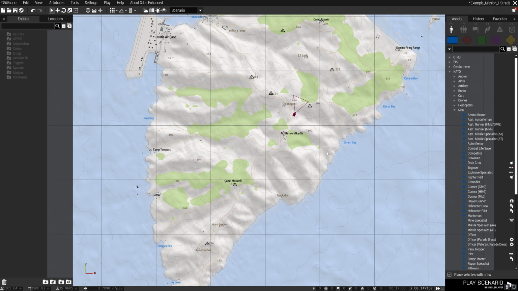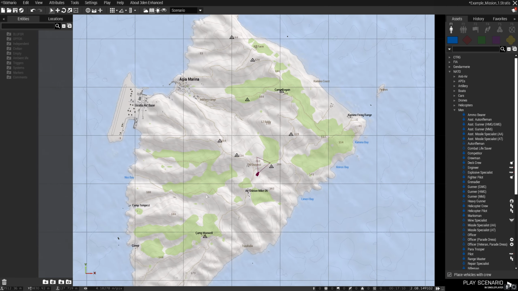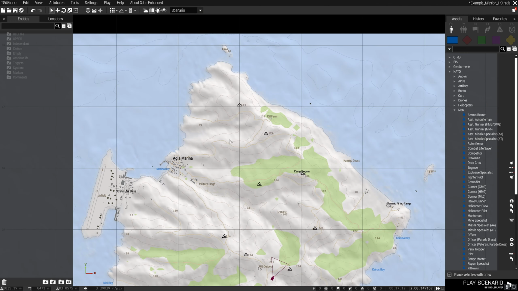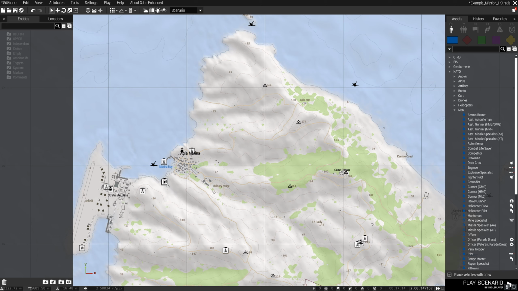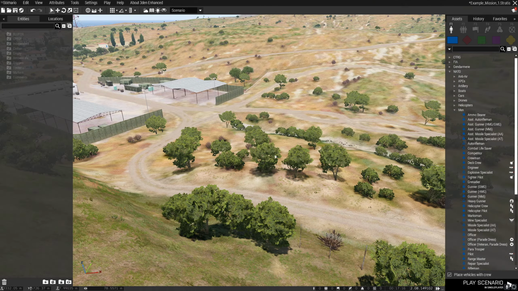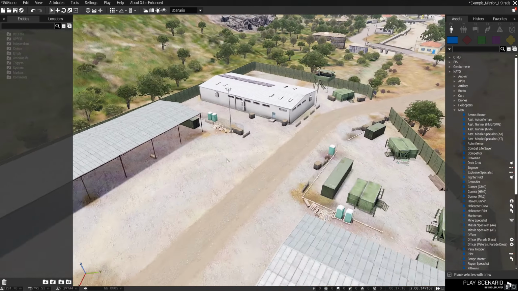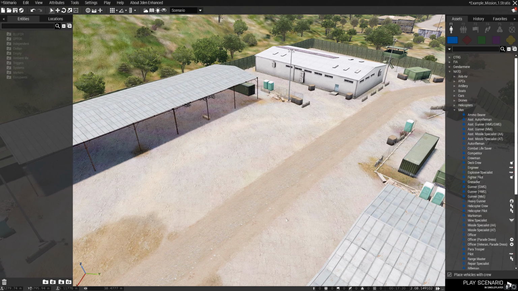So I'm here in the map screen now. I'm just going to pick kind of an arbitrary place. I don't know. We'll say they're going to start at this military range. And let's say I want my players to start here. So there's just a couple of modules and logic entities that I want to set up here just for a